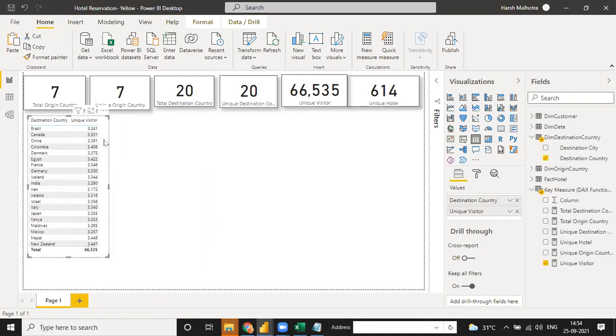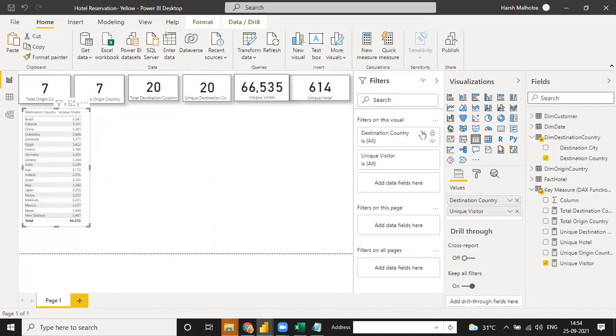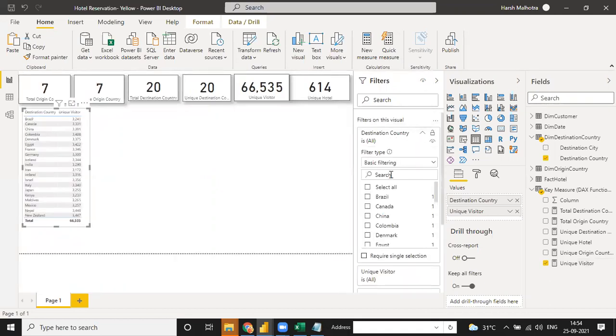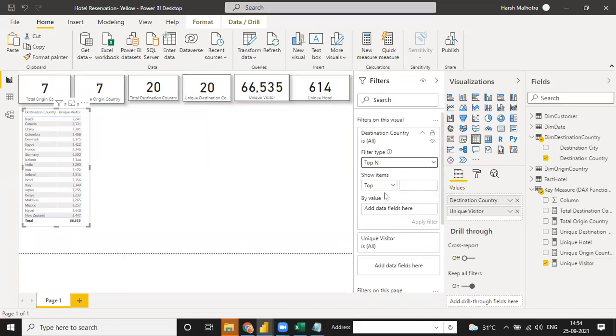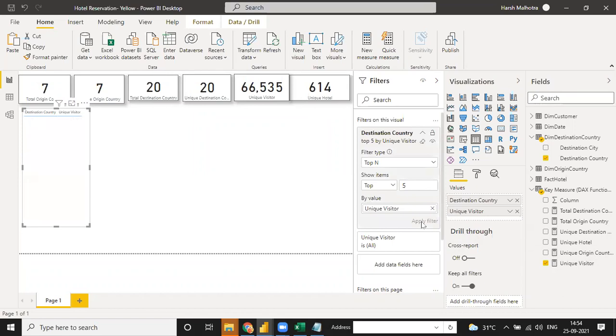So you can click on this table, go to filter here, and here is the option of destination country. You can click here, basic filtering, and there is an option of top N. You can use top N, and you need, suppose, 5 countries. Choose 5 here, and on the basis of unique visitor, drag and drop by value and click apply.